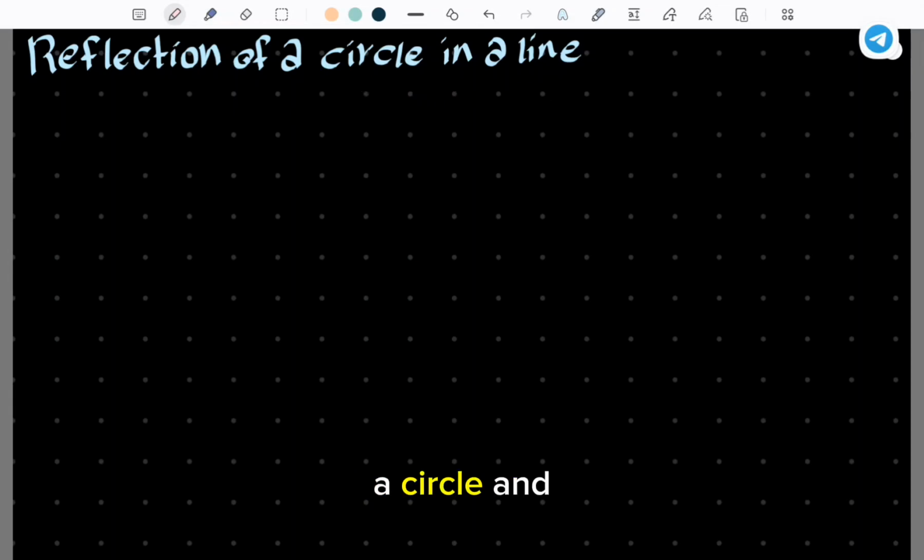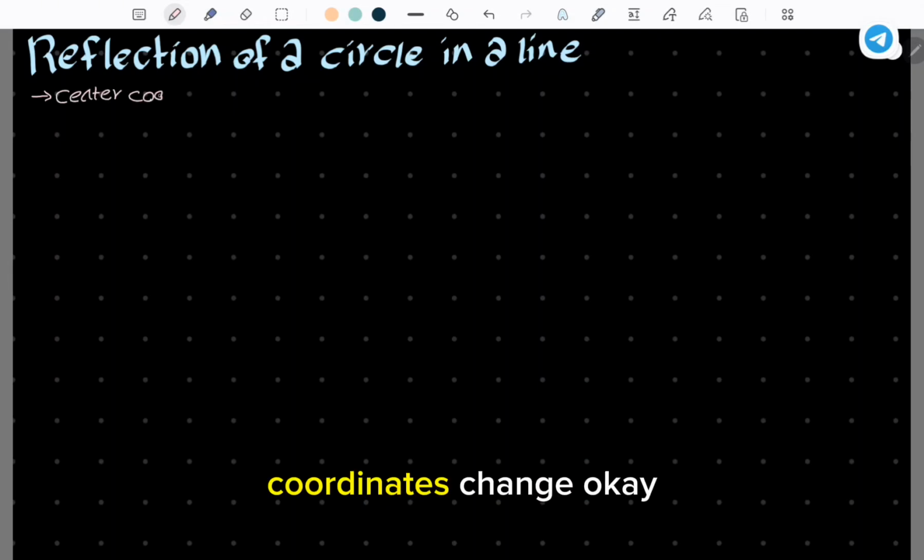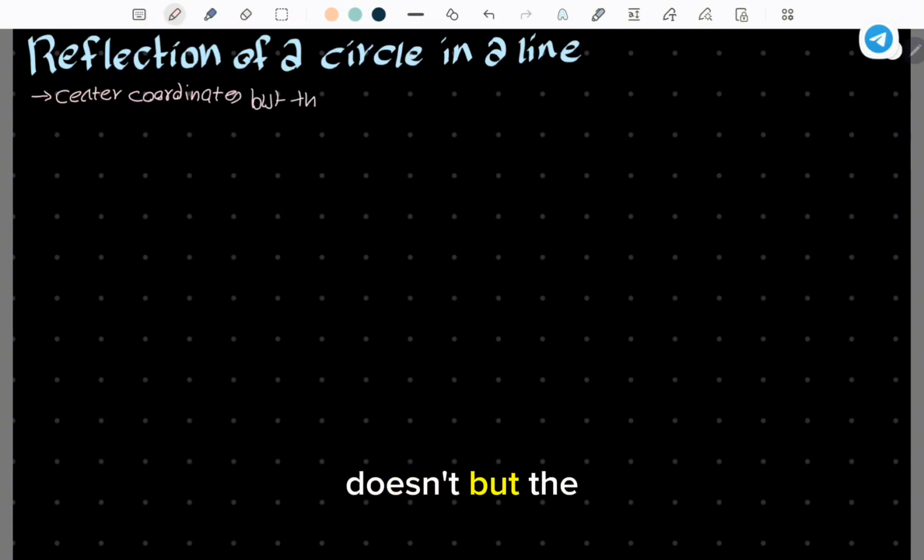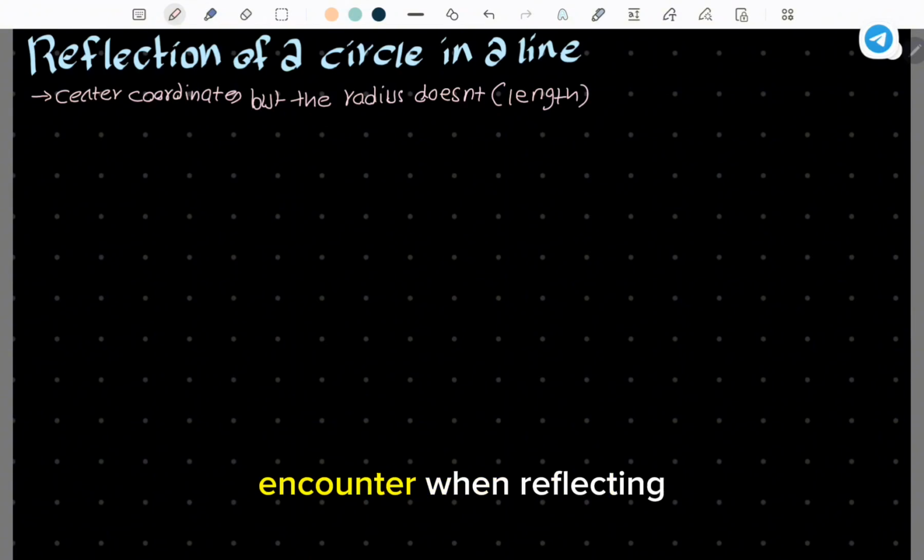When we're reflecting a circle and a line, we need to keep this in mind. When we reflect a circle, the center coordinates change. This is very standard. But the radius doesn't, as in, the length doesn't change. So don't forget this: when we reflect a circle, the coordinates of the center change, but the length of the radius doesn't change. We will be looking at two cases that we might encounter when reflecting a circle. So the first one is,